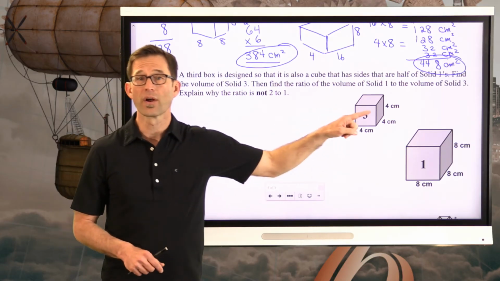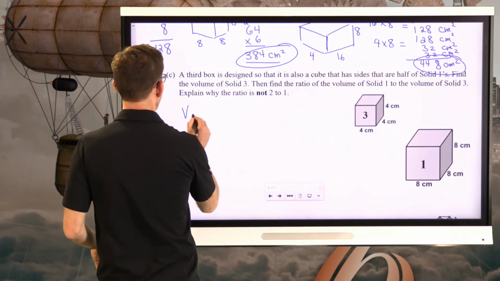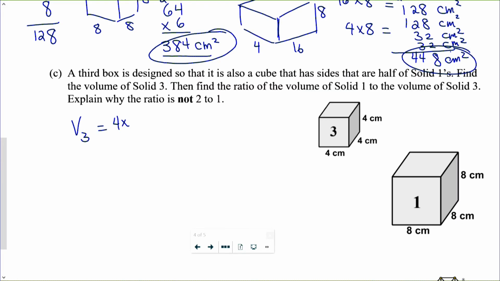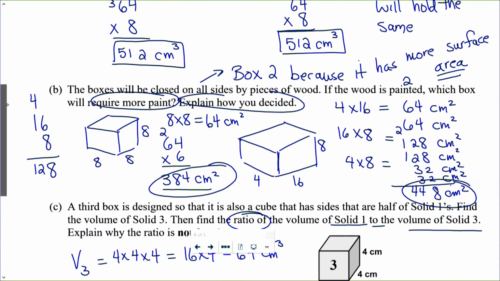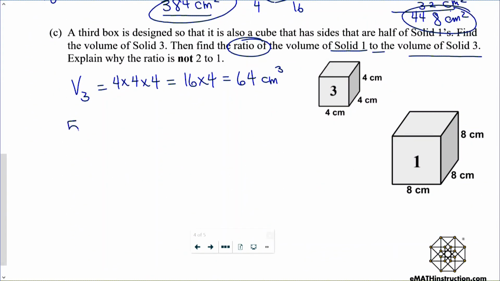All right, well first, let's figure out the volume of 3. So the volume of 3 is going to be 4 times 4 times 4. That's going to be 16 times 4, and that's going to be 64 cubic centimeters. Now, I want the ratio of solid 1 to solid 3. Now solid 1, let's go back up there, had a volume of 512, so 512 cubic centimeters to 64 cubic